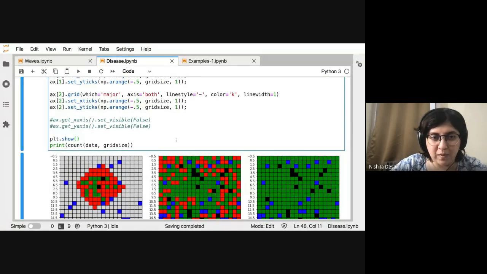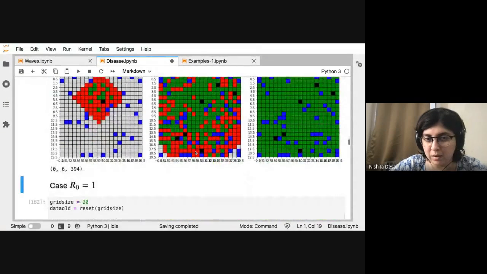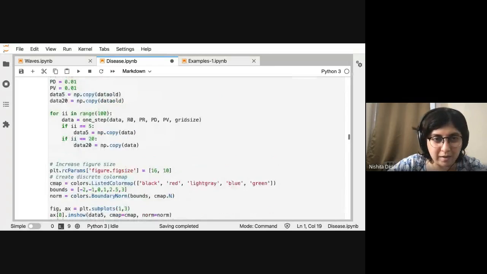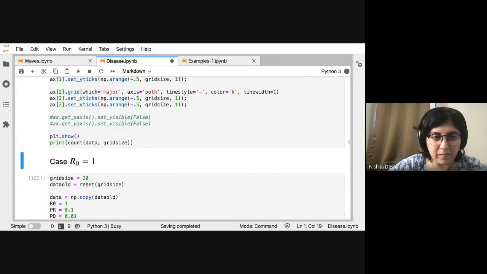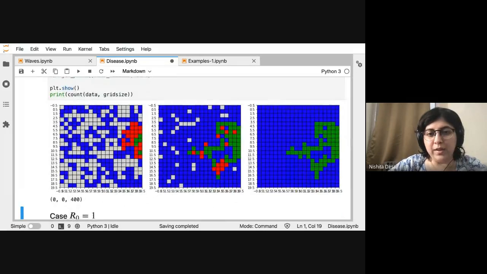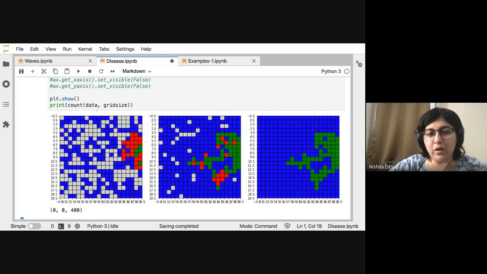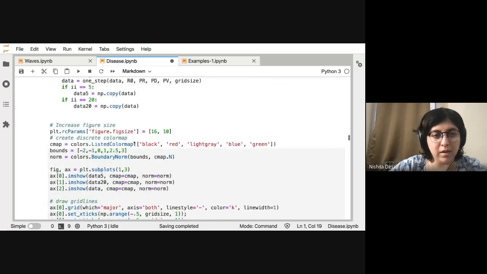Okay, so maybe we can run it with more vaccinated people. Yeah. So in this case, you see what happens. So a lot of your population is vaccinated, right? And then you had some illness and some people recovered, but it really did not affect the rest of the population. And eventually everybody just got vaccinated or cured, nobody died. Right? So this is the case where you have lots of vaccinations.